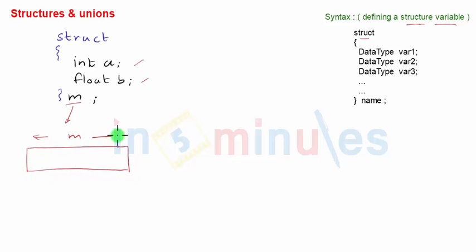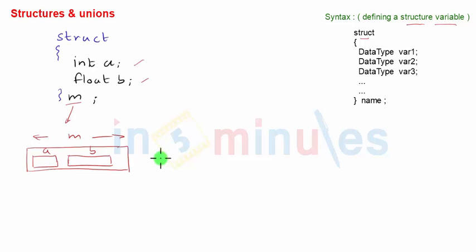M is called a structure variable, and m itself holds inside it a 2-byte integer a and a 4-byte integer b. I'm drawing this figure just for understanding's sake. Actually, they will be created one after the other in memory. There's no gap or something like that. There's nothing like a box or something. In memory, there will be two variables created one after the other, and the combination of those variables will be just known